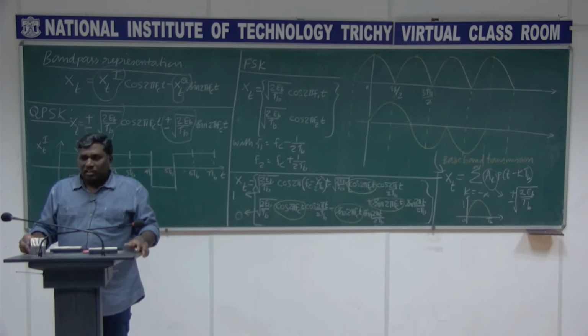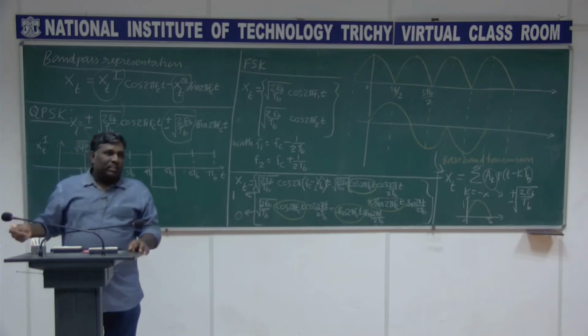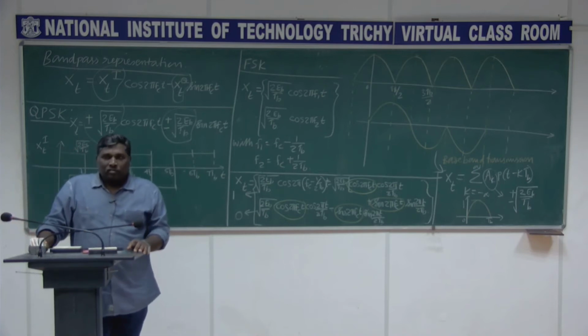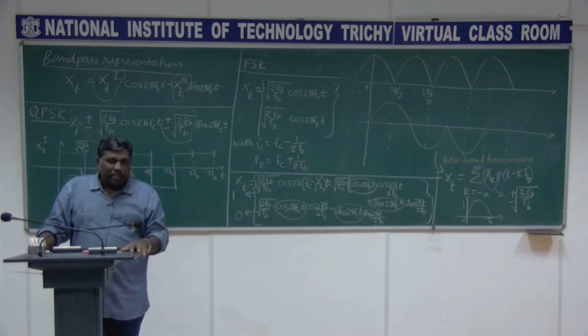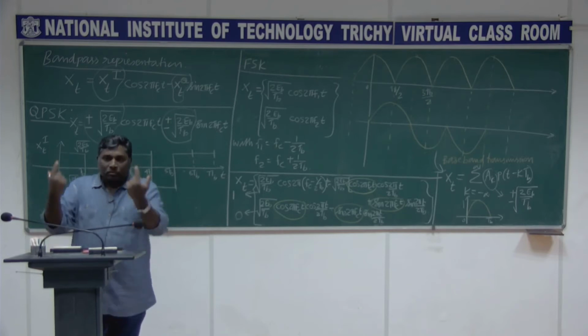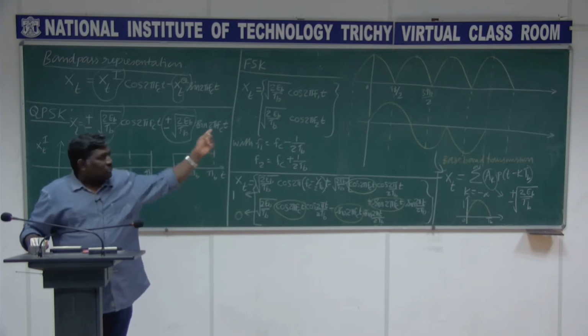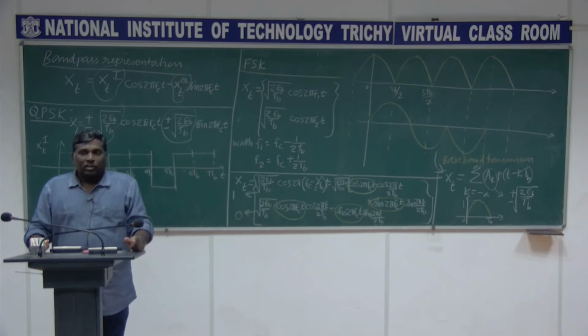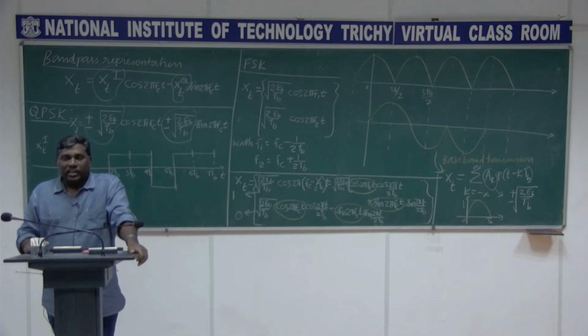The spectrum is not restricted, you know that, right. It is multiples of the fundamental frequency, and it even goes up to infinity, but the amplitude goes down. Fourier series, isn't it? So here in your FSK spectrum, when you see the spectral density graph, you can see the impulse, the peak will be there. That is actually coming due to this in-phase component, right. The quadrature component is very simple, which we already discussed in the previous class. We can straight away go for that expression to get that answer, right.